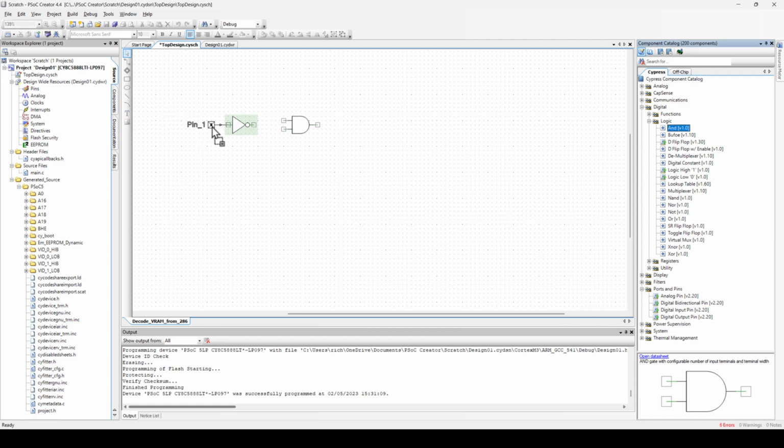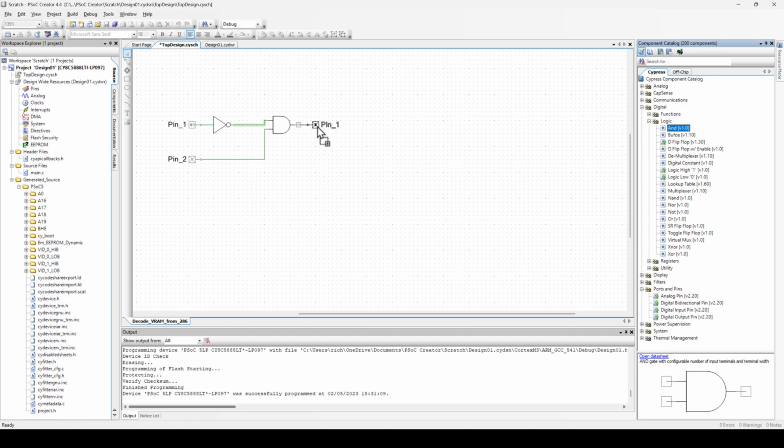So I'm going to have some pin, and I'm going to invert the signal. Maybe I'll have another input pin, so 2 pins. And I'll go ahead and connect this pin directly here, to the inverted version of this other one. And then I probably need an output pin, so I drag an output pin and connect that up. So simple logic, and it's automatically assigning, or it did, at least here, 2, 1, 1, 2. It grabbed